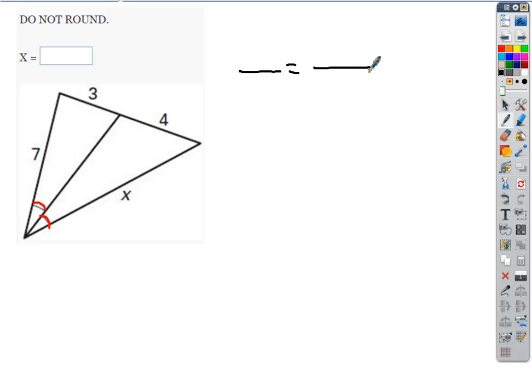Okay, I can say 3 over 4 equals 7 over x. That works. You may see a different way? Yes, ma'am. Well, and then, because both up two sides together with the 7, like the 7 and the 4 and 7. So would it be